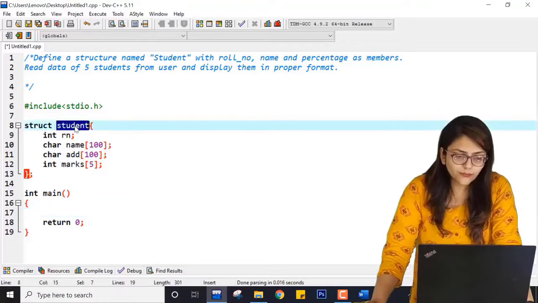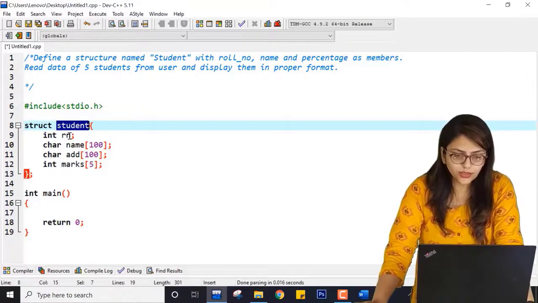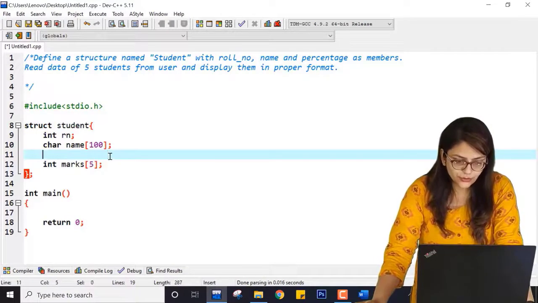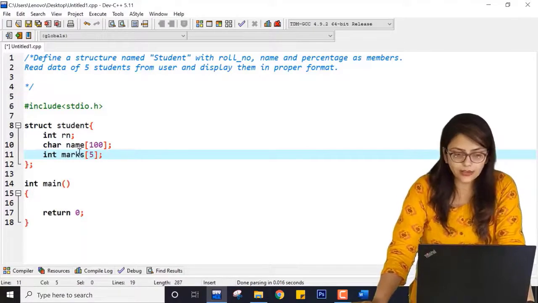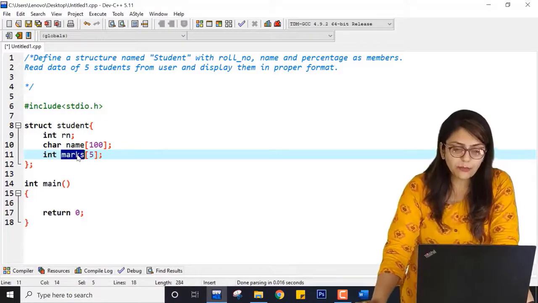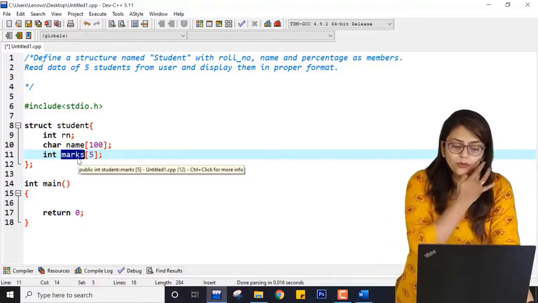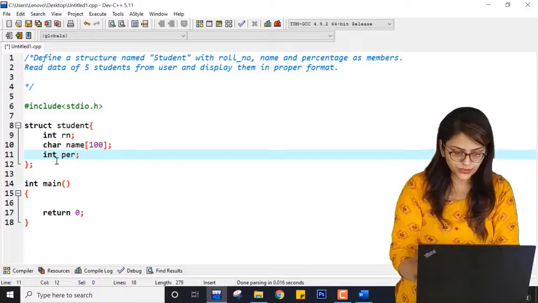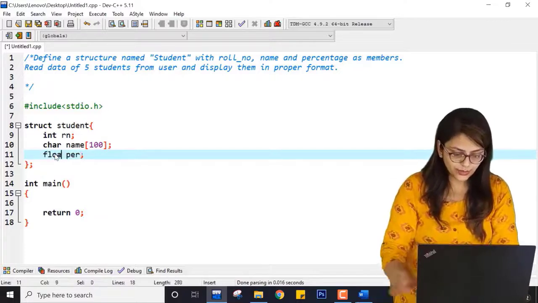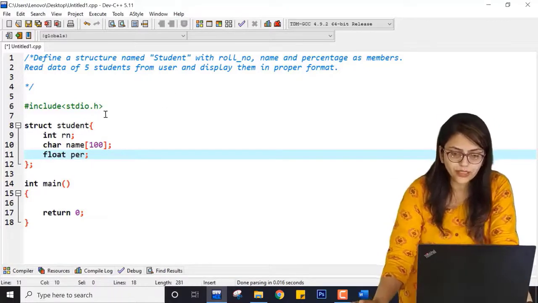Now, what they want is structure student with roll number. We have roll number. Name we have. We don't need address now, so I'm just eliminating this address, and percentage as a member. So now it is having percentage, and percentage can be float also, right?